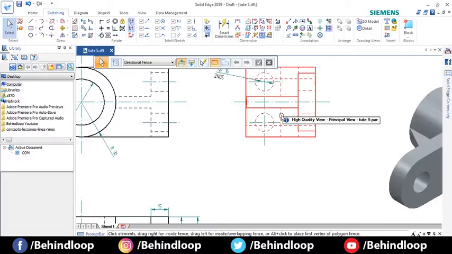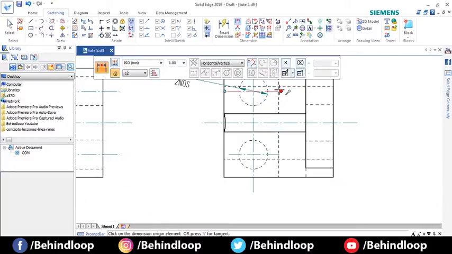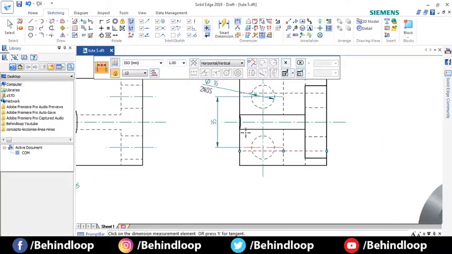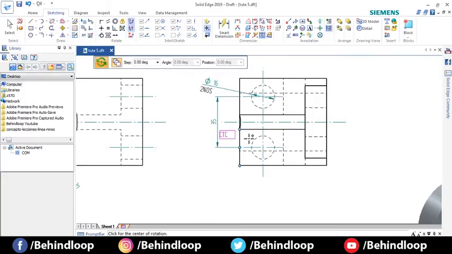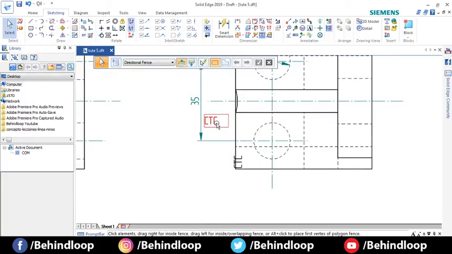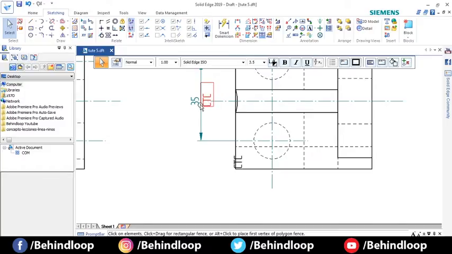If you think with the perspective of production, you will not miss out any dimensions and you will dimension it correctly. Sometimes what happens is the designer makes the drawing, he dimensions it and sends it to the production department, but when it goes to production they find some dimensions missing. So that should not happen. That happens only because the person doesn't think with the production's perspective.